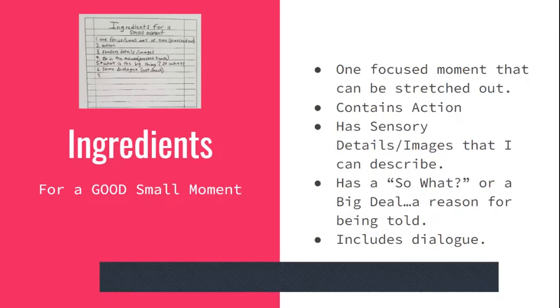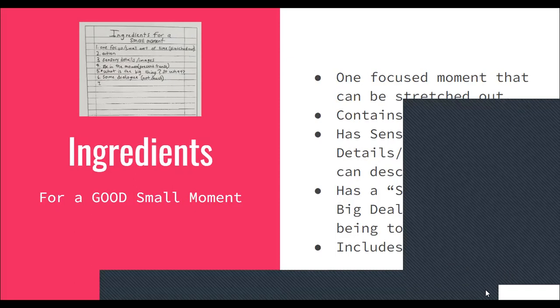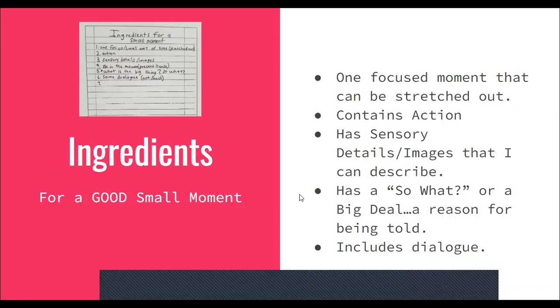Okay, so take a moment, write down those 6 things as the ingredients for a small moment. Okay, on everybody's piece of paper, I should see 6 ingredients for a small moment. Miss Garcia, yes. So we just write that, and then what's gonna be our title for that? Ingredients for a small moment, just like this picture on the top. Okay, that's what your paper should look like right now.